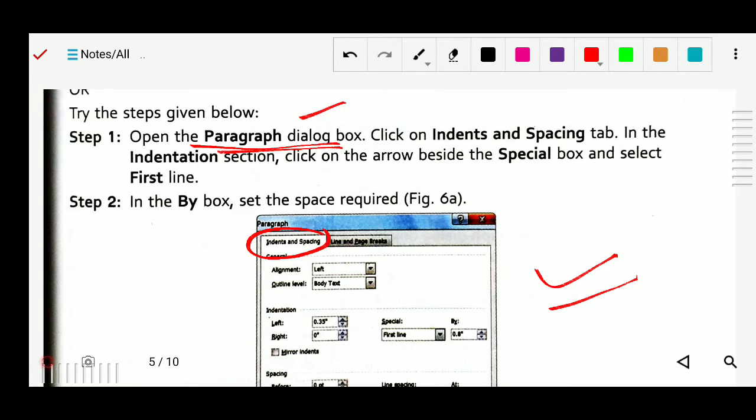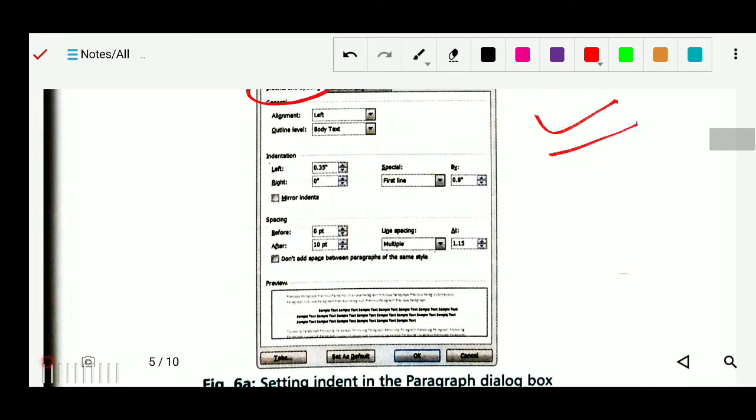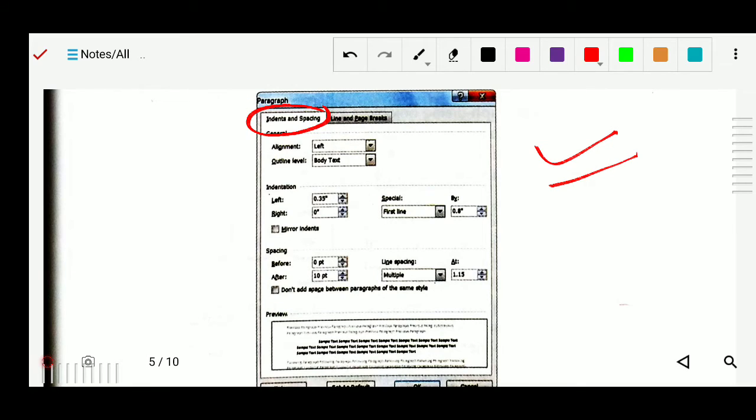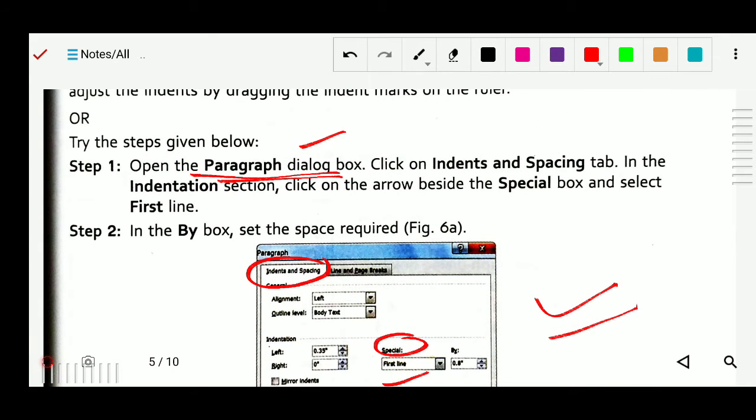In this section click the arrow beside the Special box, the first line effect. You can see this is the Special, and in this you have to select the first line option. This is written there, First line, you have to select this first line option. Okay, got it?